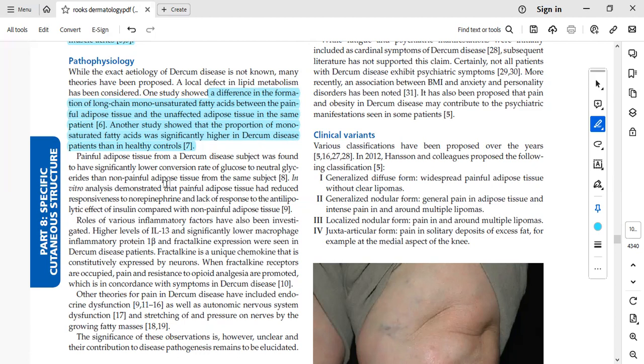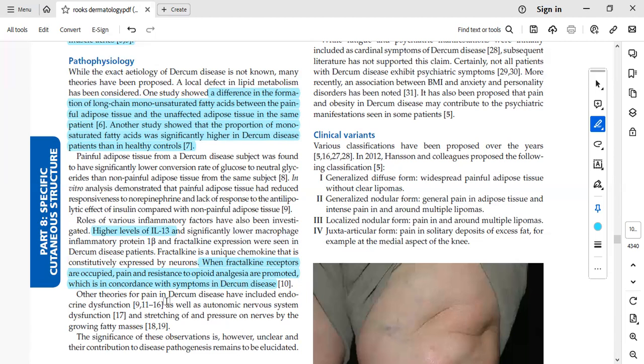And the roles of various inflammatory factors have also been investigated. It includes the higher levels of interleukin-13 and lower macrophage inflammatory protein 1 beta and fractalkine expression were seen in Dercum disease patients. So what is fractalkine? Fractalkine is a unique chemokine that is constitutively expressed by neurons. When fractalkine receptors are occupied, pain and resistance to opioid analgesia are promoted, which is in concordance with symptoms in